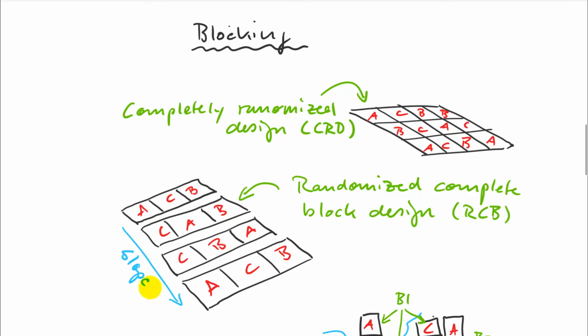So for example, if I have a slope where I suspect maybe, again at the bottom, I have higher water availability, and that may influence my response variable, then I would lay those blocks out perpendicular to my slope. So that's called a randomized complete block design, and it's a very common design. As soon as you have any kind of perceived environmental gradients, and you almost always do, lay it out as